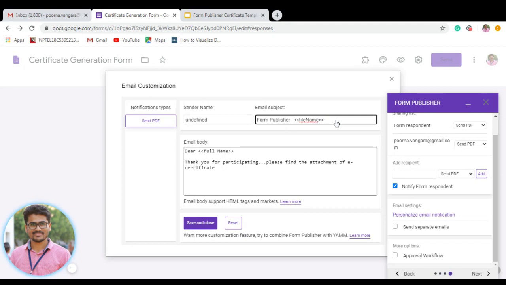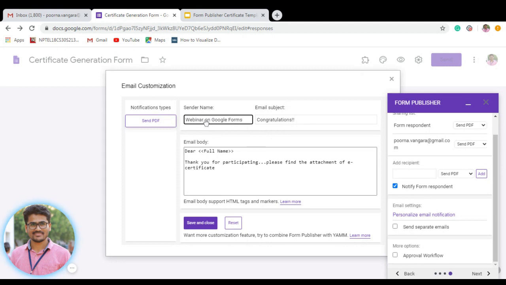And email subject also you can write down. Email subject, generally you can write congratulations. And sender name, you can give a sender name also. Let me give the sender name as webinar on Google Forms.